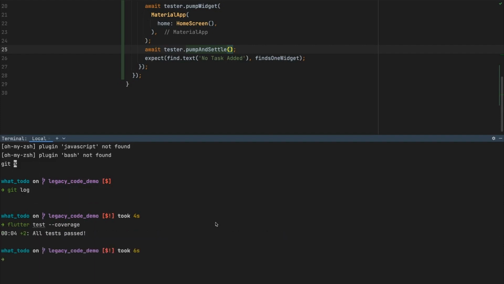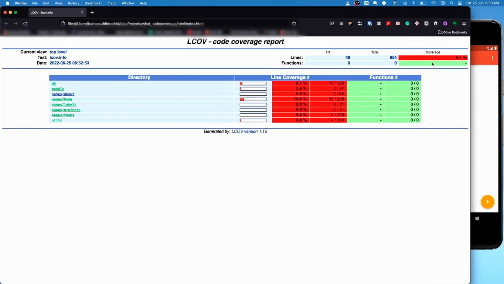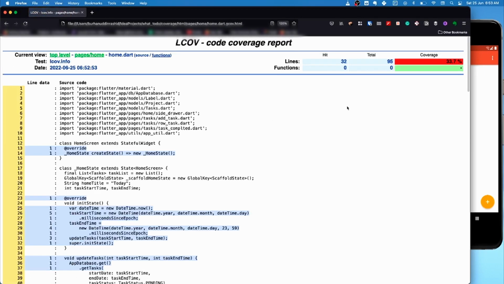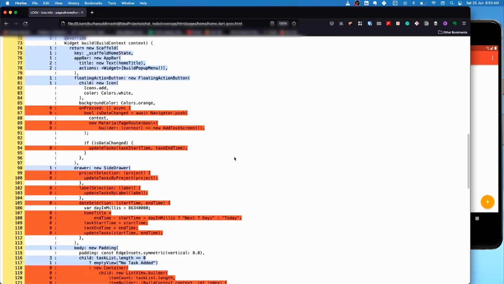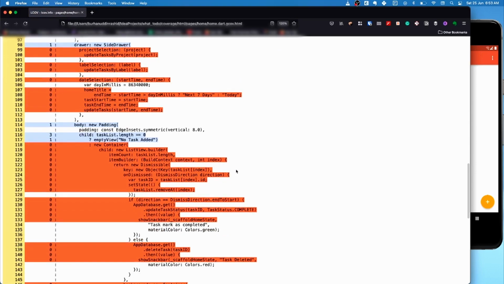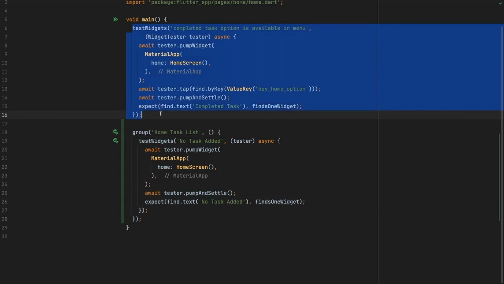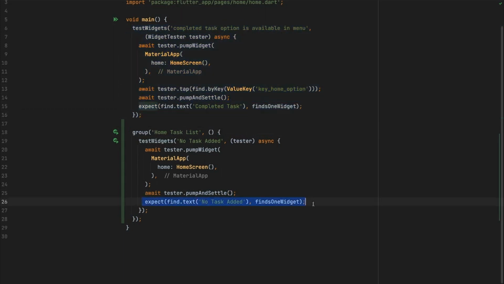The interesting thing is that if you run the code coverage, you won't see much difference between what we have done previously and now. You see, it's pretty much the same. When you go into home, it's the same percentage we have. Nothing has changed much. The reason is that when we ran this test, it already ran this no task added